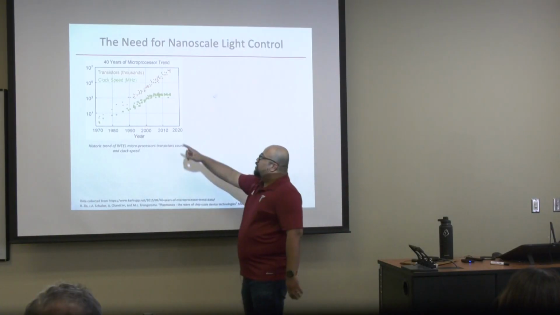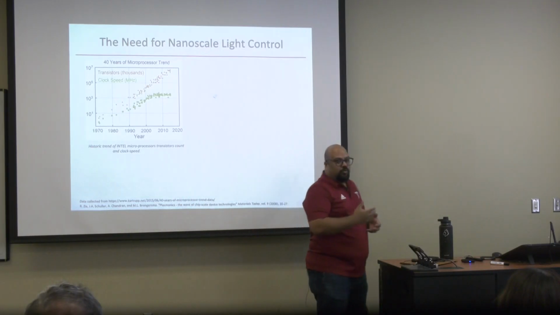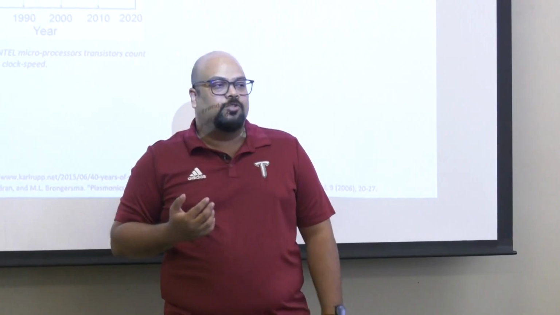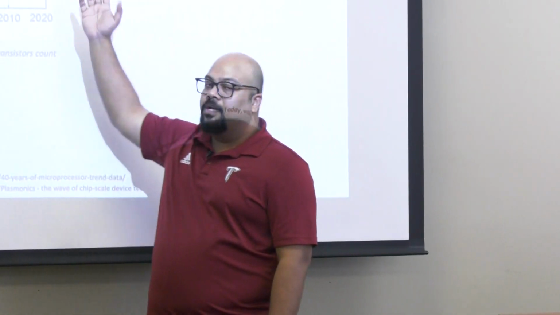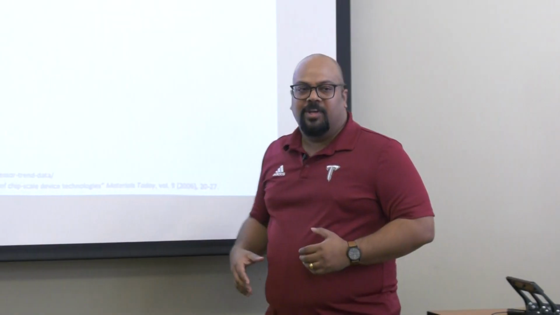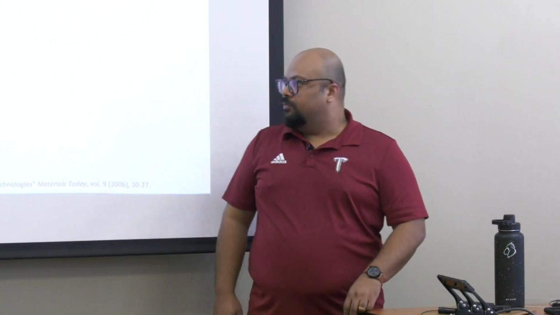So we see that the transistor count is increasing. That's called Moore's law. But what about the speed? The speed is now not increasing linearly. It's reaching a plateau, almost 3 gigahertz. For example, when we buy laptops, we can see the speed is 3 gigahertz, and the turbo speed is 4 gigahertz. So that's limited. It's not increasing the way we expect it to.